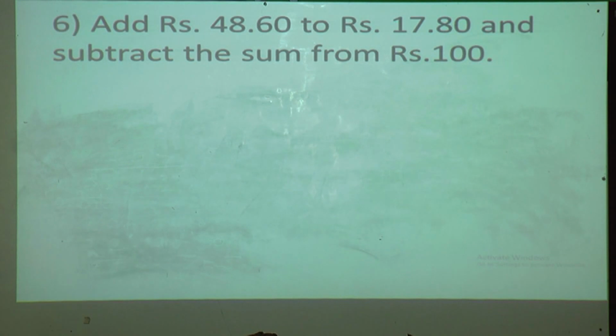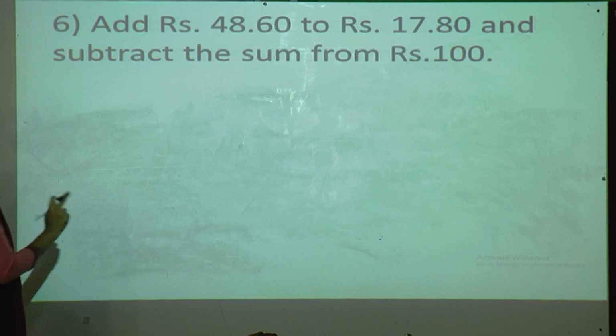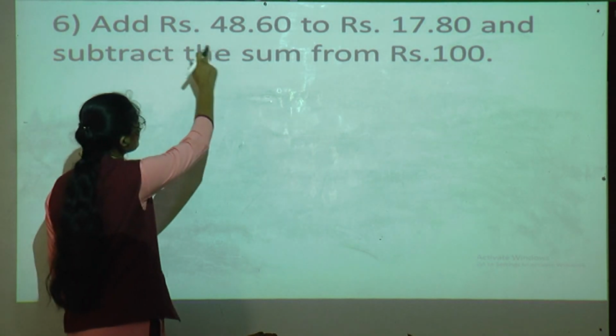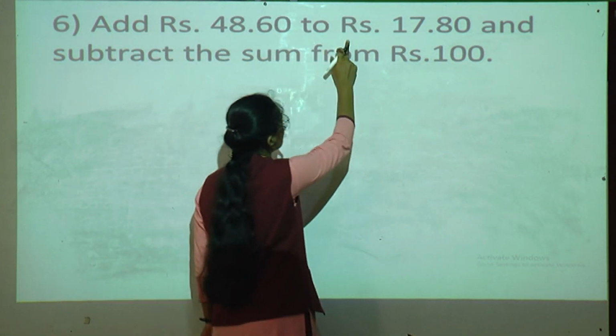Now students, see the next question. Read the question carefully. Add rupees 48.60 to rupees 17.80 and subtract the sum from rupees 100. See the question carefully. What is the question? Add rupees 48.60 to rupees